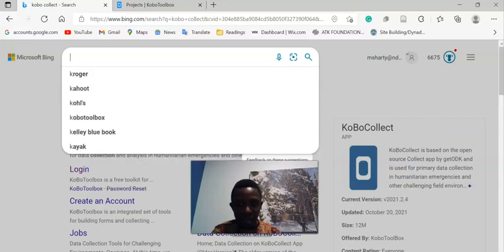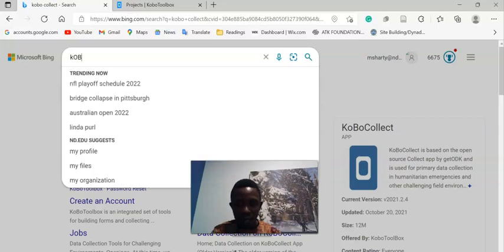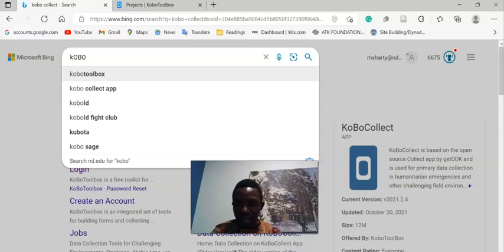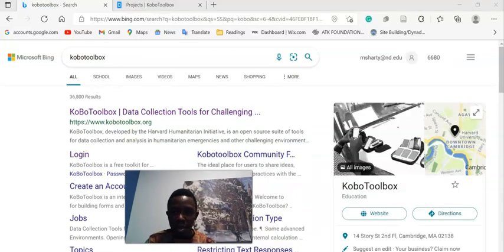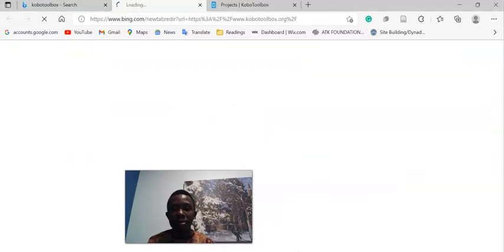Okay, so Kobo Toolbox, K-O-B-O. So I think it is here. We're saying Kobo Toolbox. So just click on that. Click on Kobo Toolbox, and then you will see a number of results that will come out. This is the original link. This is the URL. www.kobotoolbox.org is the URL. Click on it, and then once that opens,